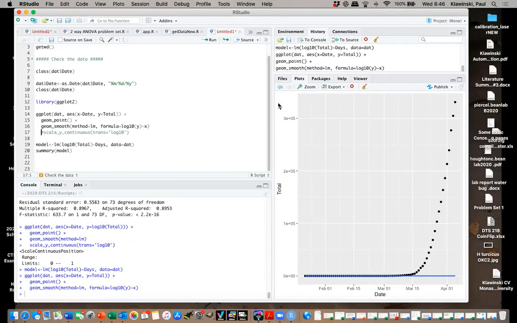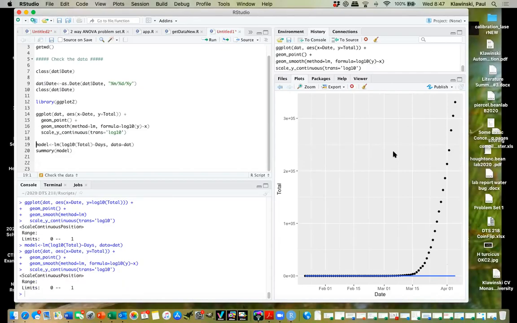Yeah. So in this case, what it's doing is it's basically maintaining the scale here, and it's calculating the line as it would be scaled if you were dealing with logarithms. So you get this big deviation as the cases increase at the tail here. But if you then transform the scale to log,